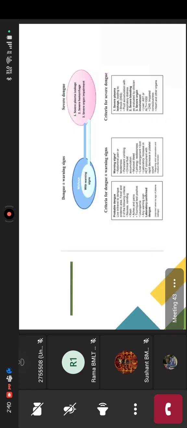Then severe bleeding will be there, as evaluated by the clinician. The clinician will confirm that yes, severe bleeding is there inside your body. Then severe organ involvement. How is the organ involved? As I've already told you, the liver is the organ which is involved in case of severe dengue. So AST and